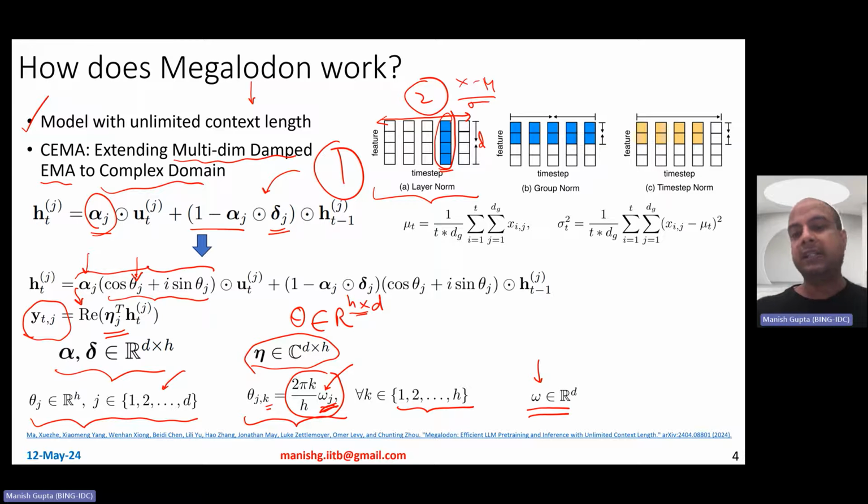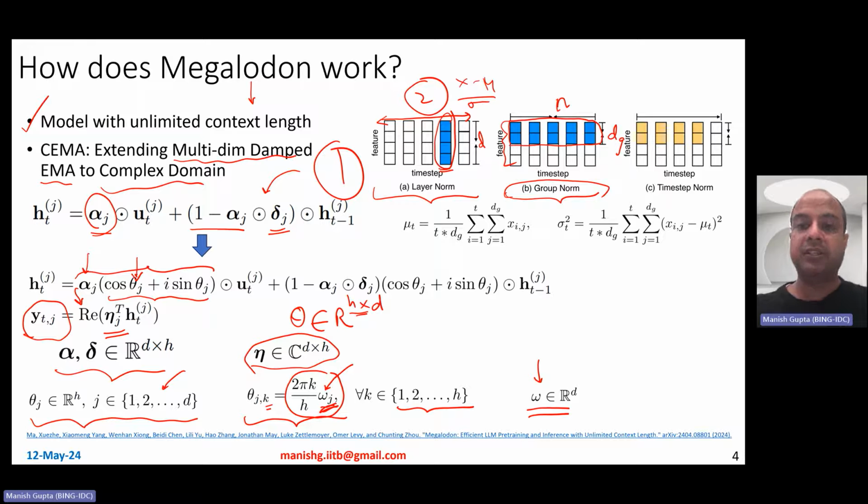Yet another way of doing normalization is group normalization, where you divide these d dimensions into various groups. Let's call each group size dg, so dg numbers. You compute normalization over dg times n different numbers, where n is the number of time steps. This is a great idea